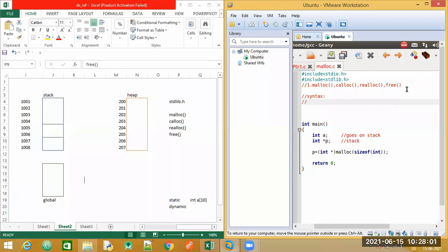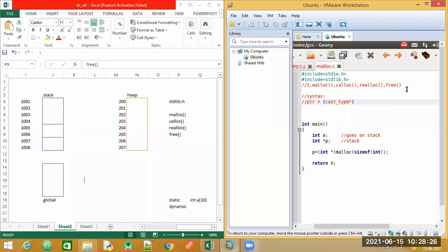To use malloc, you will require a pointer variable on your left hand side. A pointer variable is equal to this particular thing, which is called the cast type.